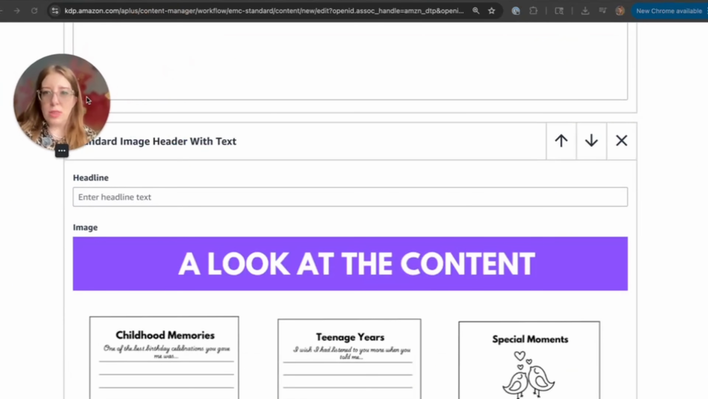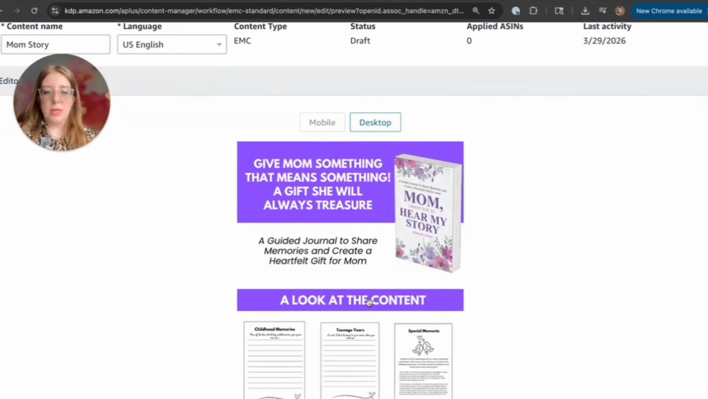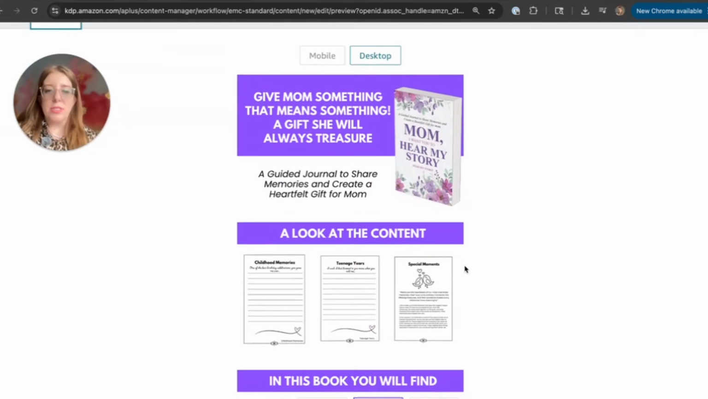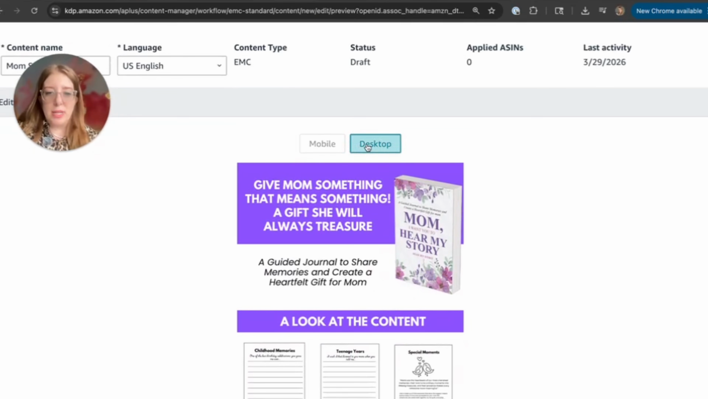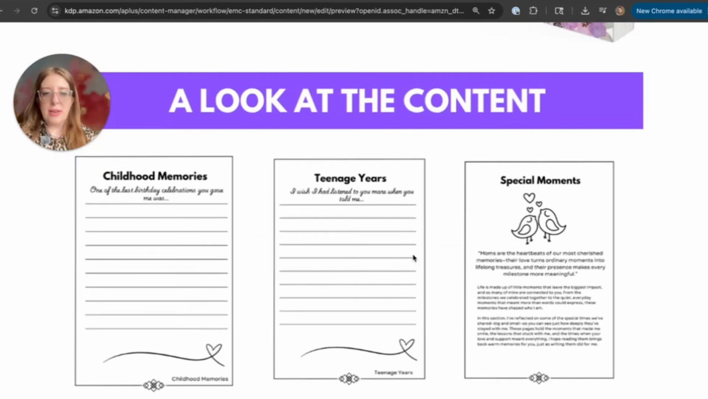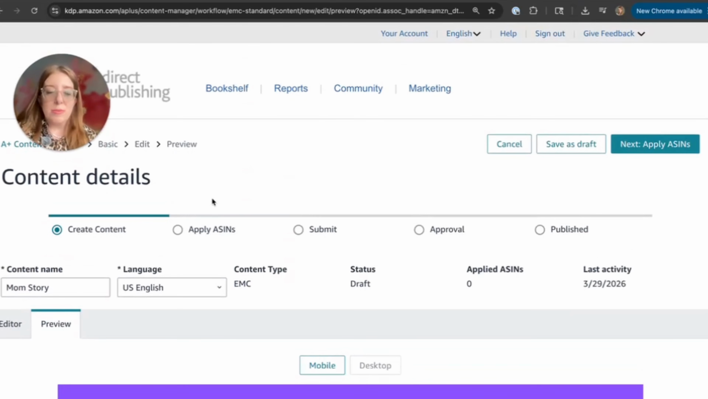So let's take a look at the preview. Make sure that we're happy with how it's looking. Okay, looks nice, everything's in there. This is instantly going to elevate my content. Here is the desktop version. It's nice to have a sneak peek of what your interior pages look like because sometimes they're not able to